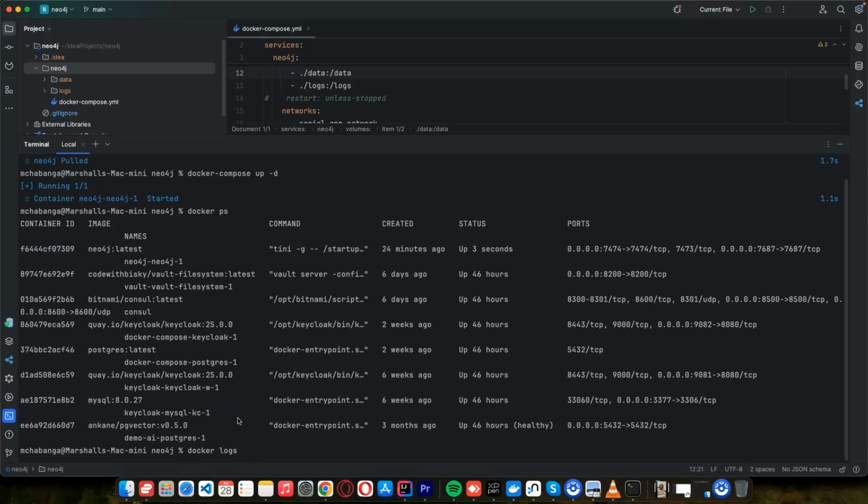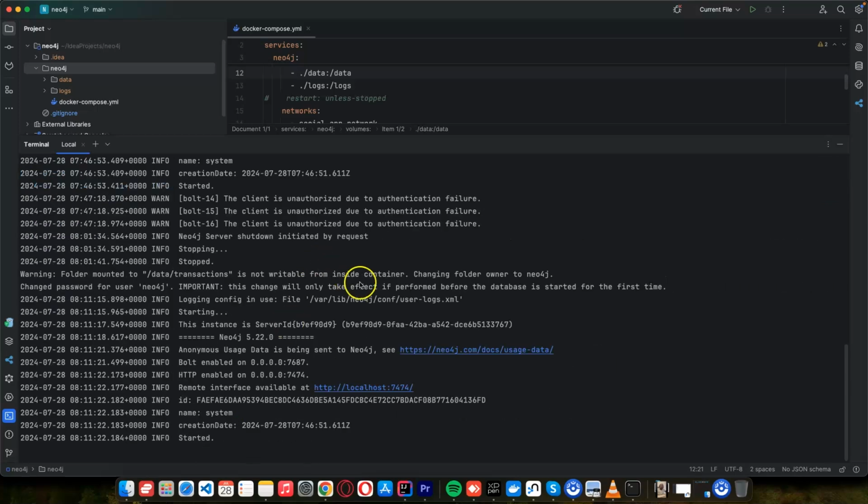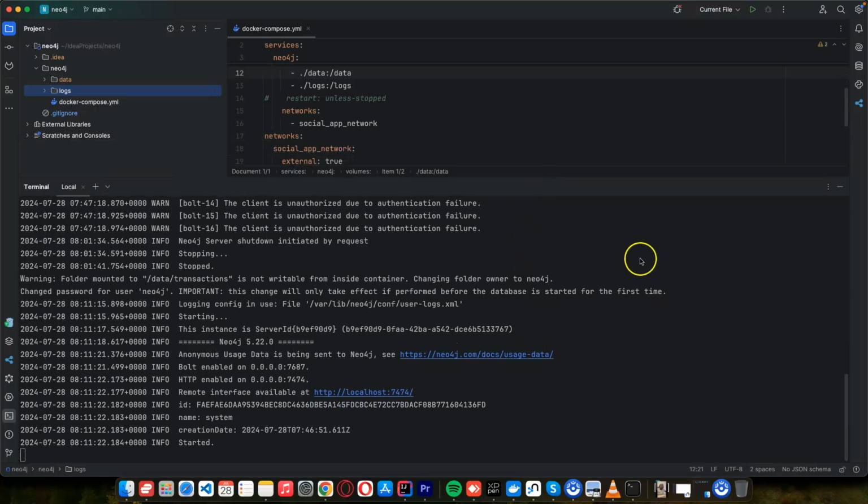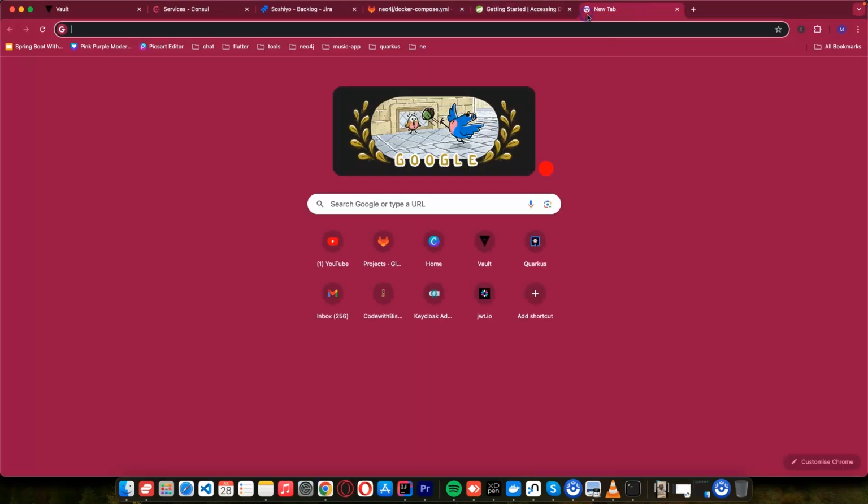Let's say Docker logs -f. Yeah, you can see it has started, and this client is authorized, and these two folders are created. So that's where our database is being stored on our local. So we need to back up this database each and every time, because we are storing this database local. When we are in production, we need to write a script to back up this, because I'm not using the paid one. But if you prefer to use a paid one, you can go to Neo4j,